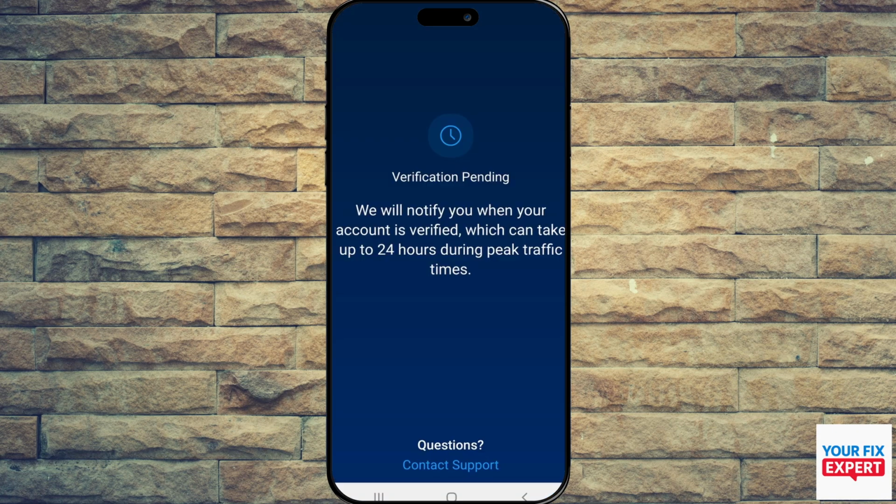And then they'll want to capture your face. And when you're done with that, just hit continue. And then you'll get this message where they will notify you when your account is completely verified. So this part is just about being patient, and once your account is verified, you'll have full access to Crypto.com